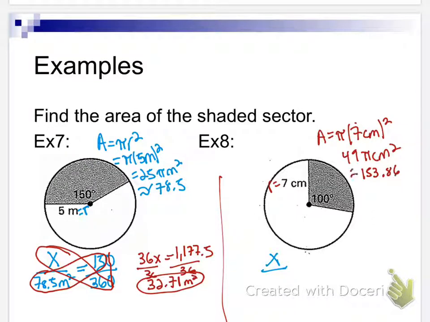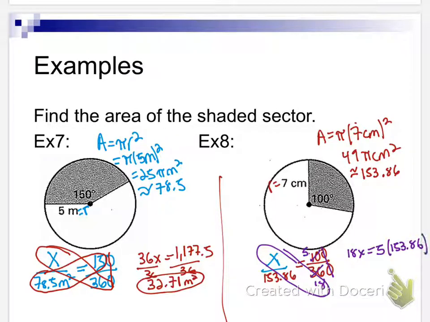153.86 approximately. So 153.86. And then you have the degree of the sector, that's 100, over the total degree, which is going to stay at 360. Again, we can reduce. We can take out the zeros. We can go a little bit further. 2 goes into both of these. This becomes 5. This becomes 18. We can cross multiply, and with 18x equals 5 times